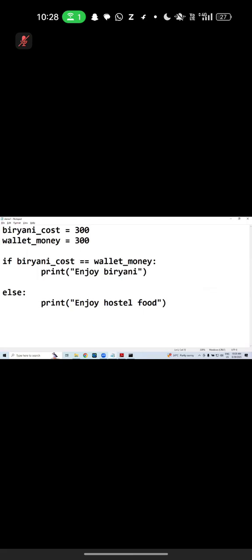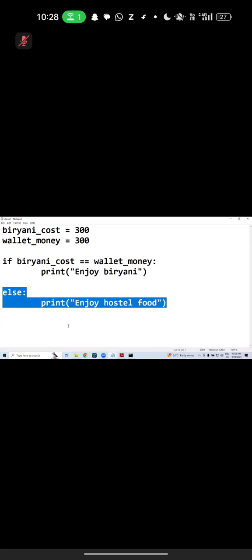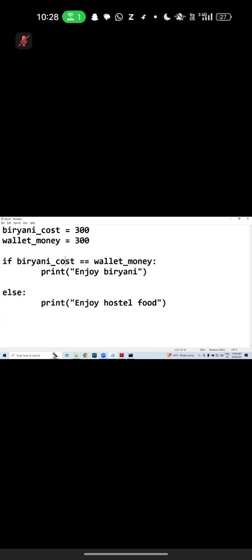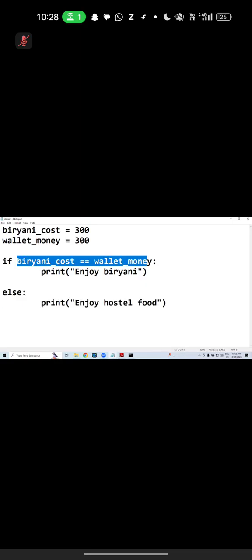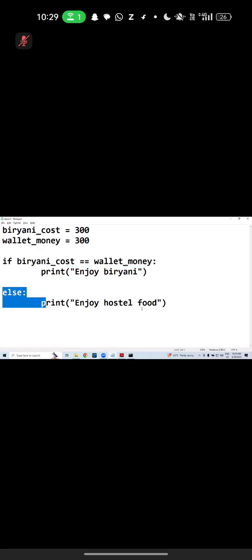Once the flow enters inside an if block, Python never checks the next block. Python never goes to the else actually. Why? Because this is already true. Then there is no need of entering into the false situation. Are you with me? Good. The next one. If this block failed, I mean the condition is false, then it will go to the next line and it will execute automatically. Conclusion of the story, either this block will execute or this block executes, but not both actually. But not what, Saji? Both. Very simple. I hope you understand.